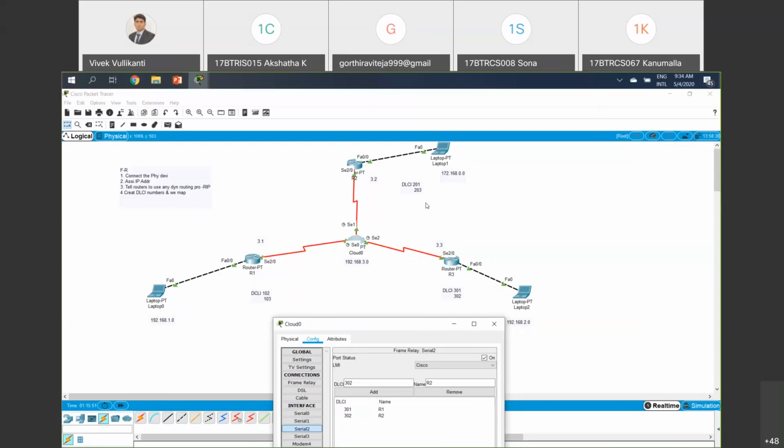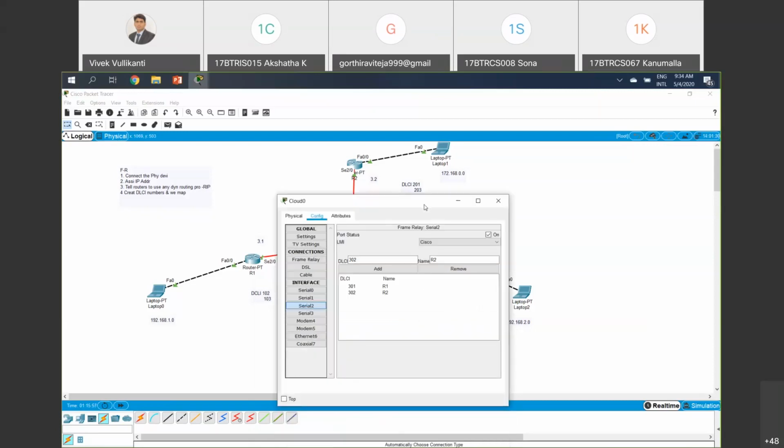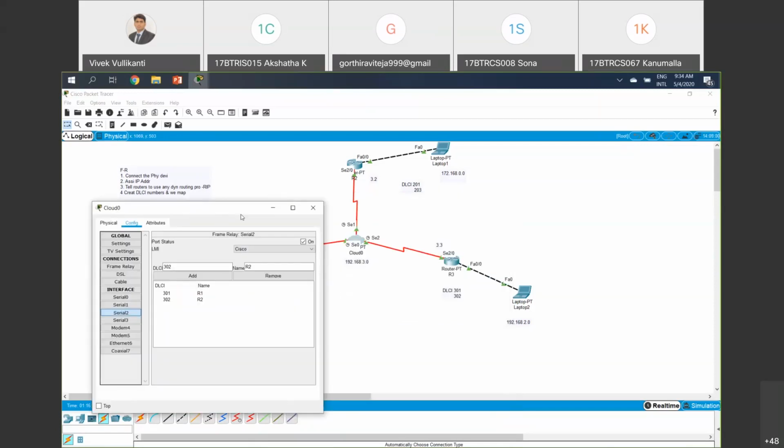Now let's map this. That is the next stage which we are going to do. Once we create the DLCI numbers, now we are going to map those DLCI numbers. But with mapping, we should be very careful when we map it. Look at this. For mapping DLCIs, what I'm going to do is,